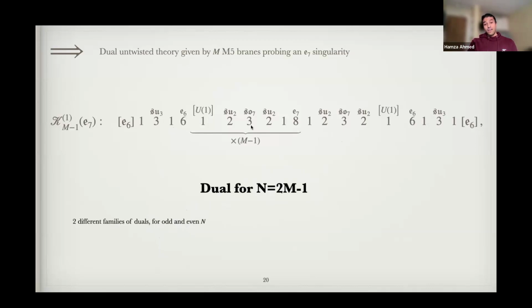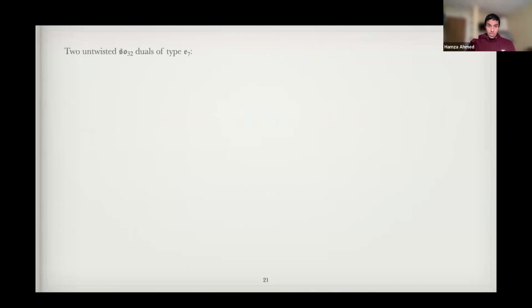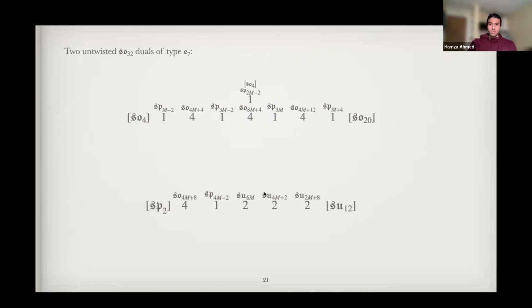And furthermore, if I showed you the Z3 example, where you had a Z3 twist, then we find 3 different families of duals. So it seems like this order of the twist is playing a deeper role than we so far understand. And of course, it'd be good to understand it. Finally, let me also flash the untwisted SO32 duals to complete the duality chain that I showed earlier. These duals are given here, and in our paper, we also have examples where the SO32 duals are also twisted, and we explain why sometimes that happens and other times it doesn't.